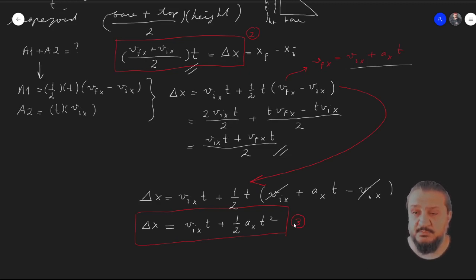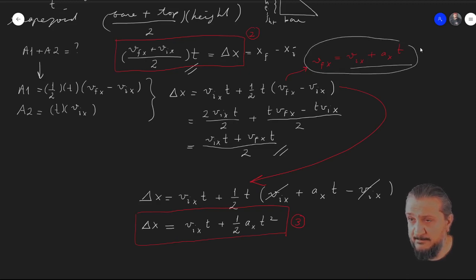Okay, so what if we don't know how much time elapsed? Okay, can we still find the final velocity from initial velocity? Yes, as long as we know some other things like the displacement and acceleration, okay? So let's take these 3 equations, okay? Remember, this was equation number 1. We have 1, 2, 3, and let's eliminate time, okay, and see what we get, okay? Now you can use, which one? I mean, you can use,